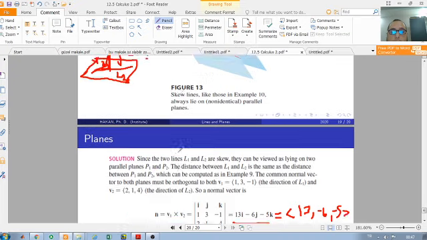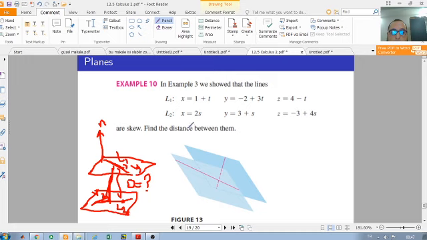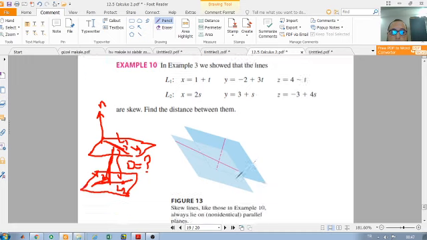So writing 0 for s in the equations of L2, namely we will find a point on the line such that we get a point on the plane actually. Writing 0 for s, we get 0, 3 and minus 3